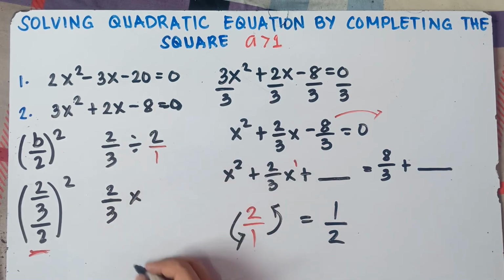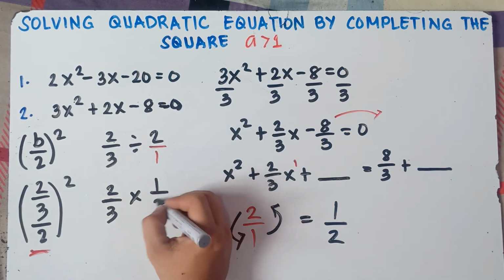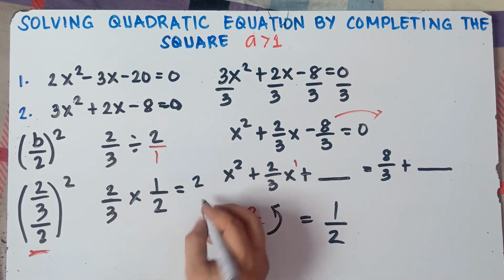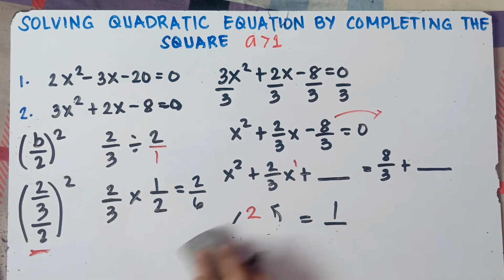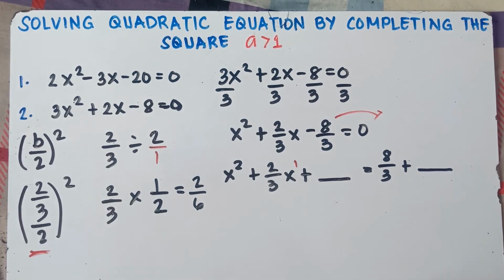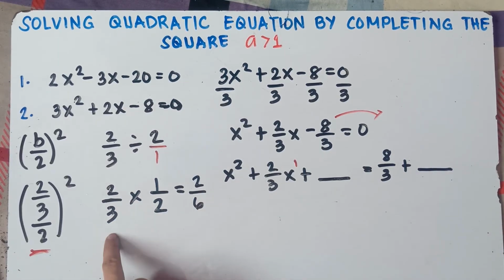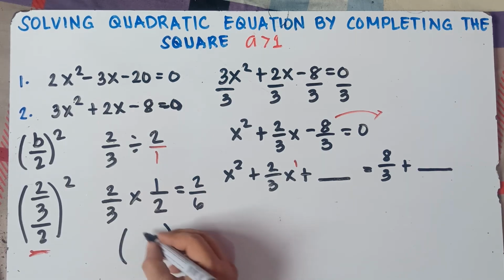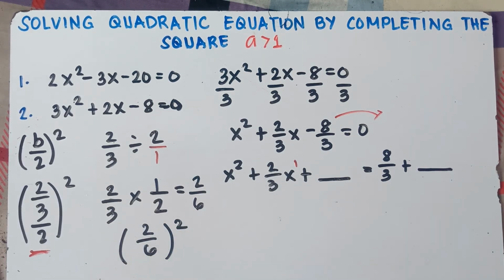Then you proceed to multiplication. So 2 over 3 times 1 over 2. 2 times 1, that's 2. 3 times 2, that is 6. So 2 over 6. So this is parentheses, then 2 over 6 raised to the power of 2. Question, can we reduce? Because if you can reduce, class, you reduce this one first inside the parentheses before you do the square. You will have the same answer anyway, class. But for me, class, it's better to reduce.